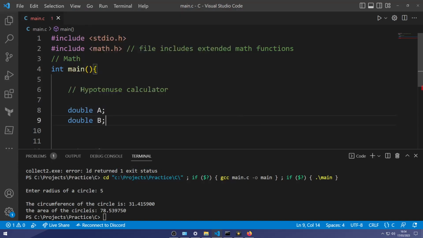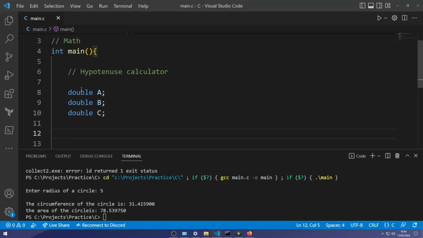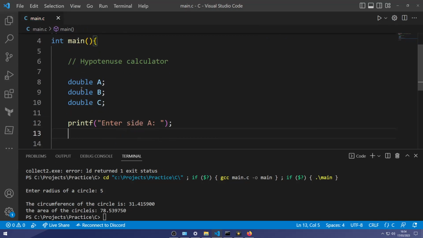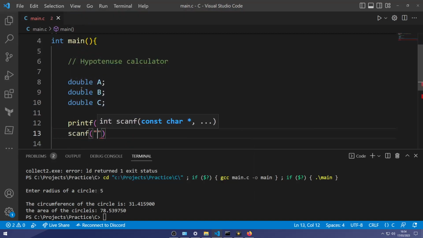So let's do double A for side 1 of the triangle, double B for side 2, and double C for side 3. And we're going to get the user to enter side A by doing print, and then we'll need the scan function to actually assign the user's input to whatever variable we want.